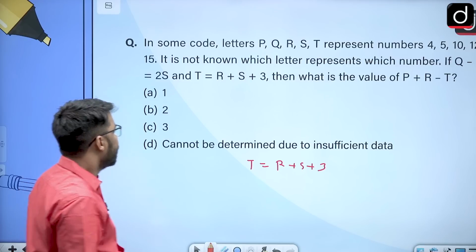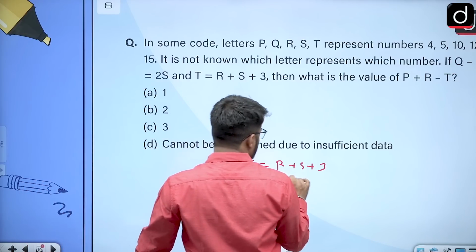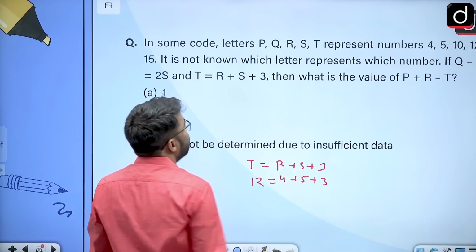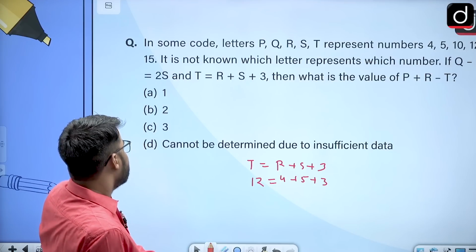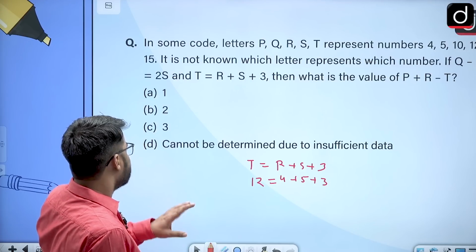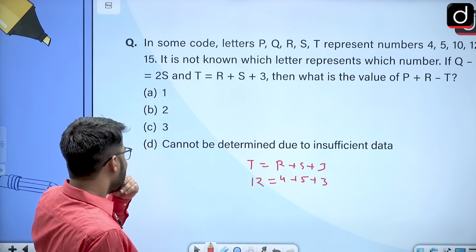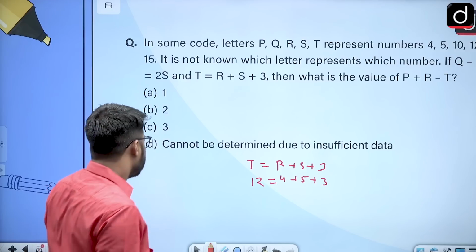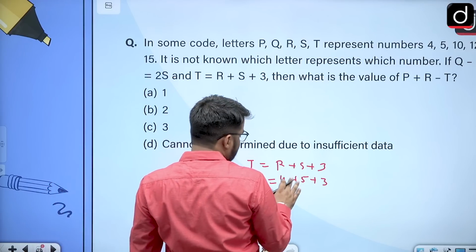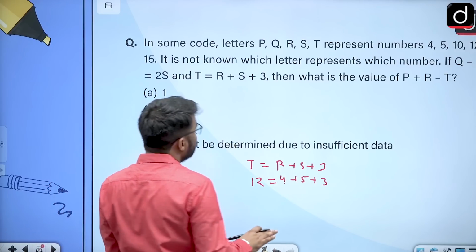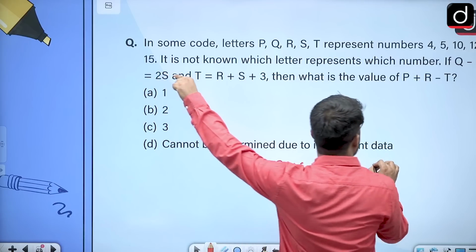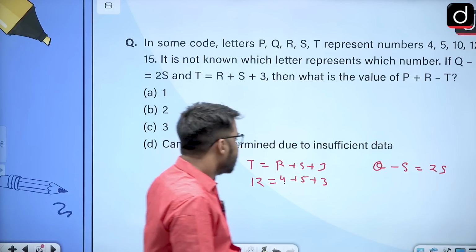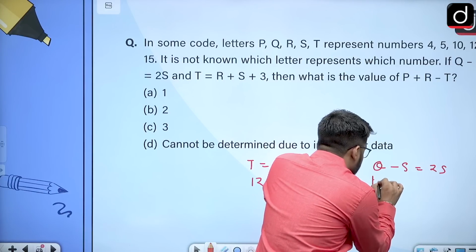That is only possible if 4 plus 5 plus 3 becomes 12. 4 plus 5 is 9. With 9, the sum would be 12 only with 3 in this case, because 12 cannot be made with 15. That is the only possibility. But from here I am not sure whether r is 4 or s is 5. To confirm that, we have one more equation, that q minus s equals 2s. If q minus s equals 2s, that is only possible when q becomes